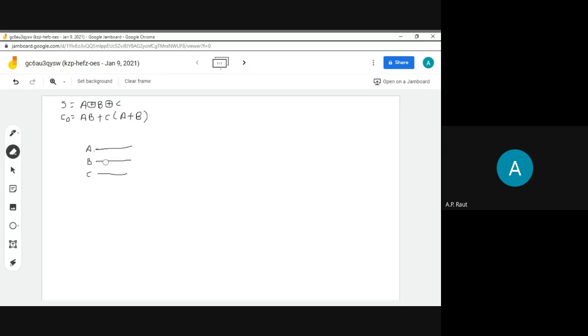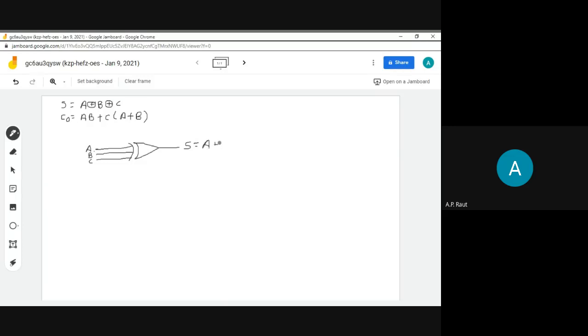When we perform the XOR operation on A, B and C, which gate can we use? XOR gate. We can directly use the XOR gate between A, B, and C because an XOR gate can contain two or more inputs. So use the XOR gate for the A, B, C inputs. So the output is sum equals A XOR B XOR C.